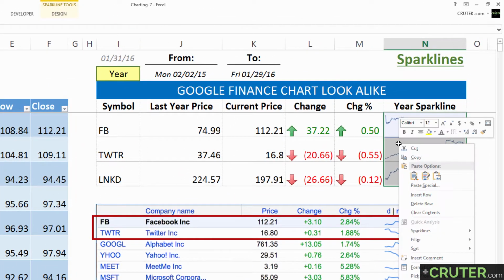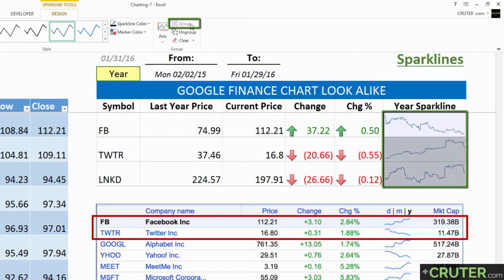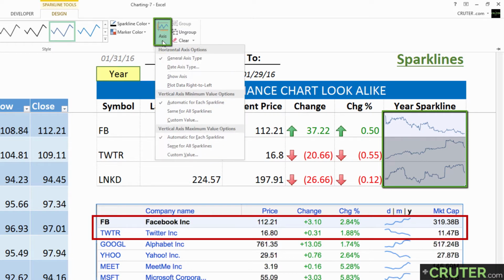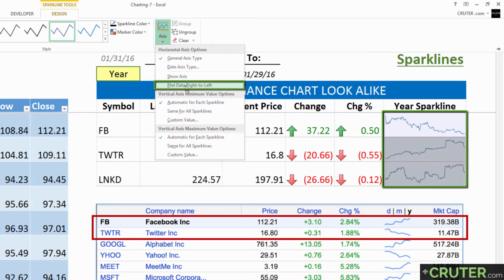Let's group them. So I can right click and go to Sparklines, hit group, or I could have gone into Design tab on the ribbon and hit group here as well. One thing I want to do with this entire group is go into the axis, and I want to say plot my data right to left so it switches the position. So I don't know if you saw that. Let me do it real quick. So I'm going to undo it and it flips,